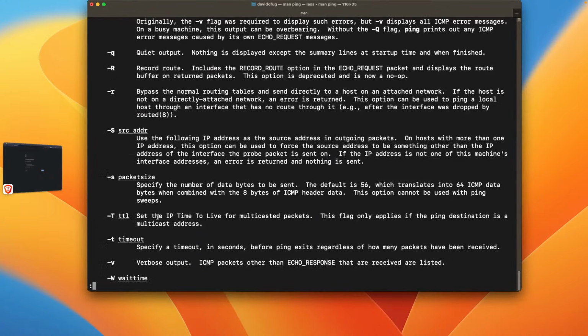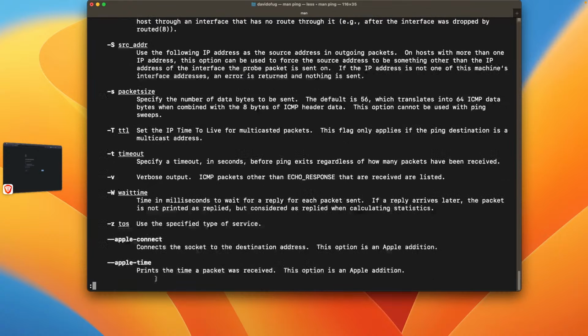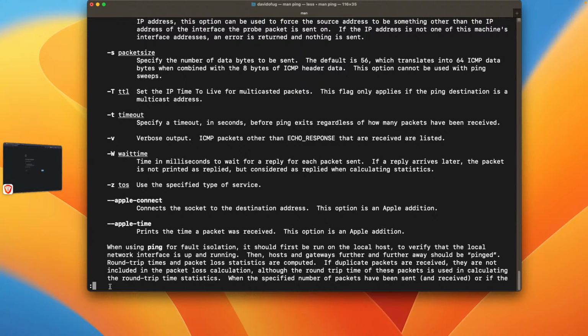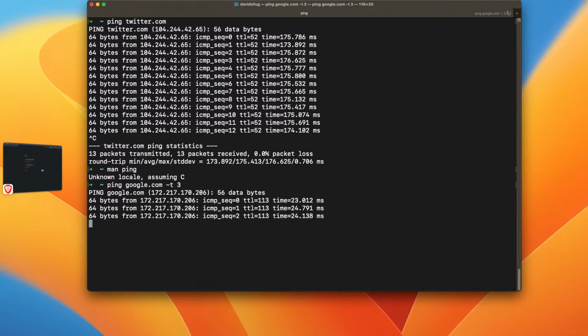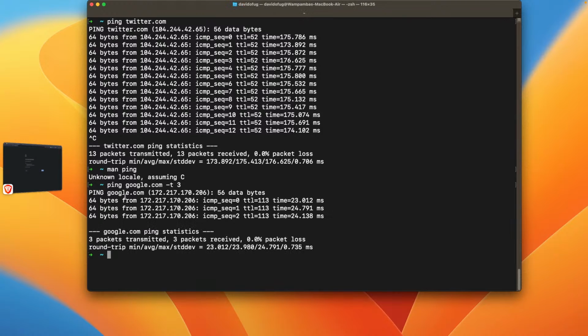So -t sets the timeout in seconds. Let me do ping google.com -t3. You see, it has finished, and it is showing us these statistics: 3 packets transmitted, 3 packets